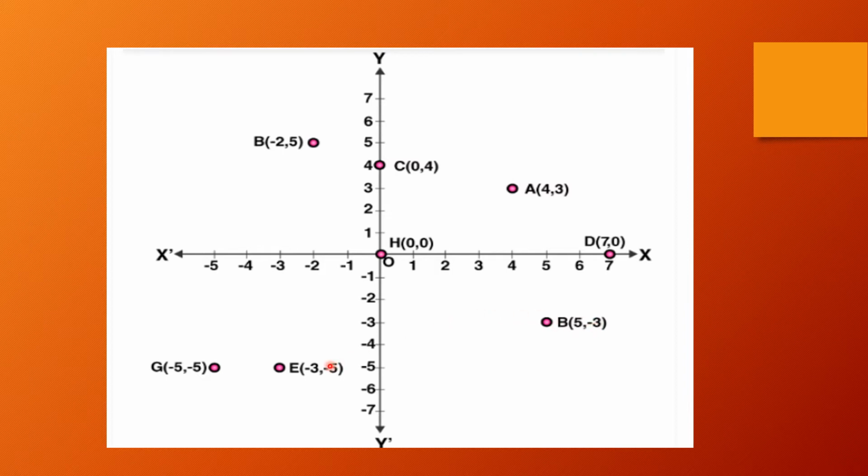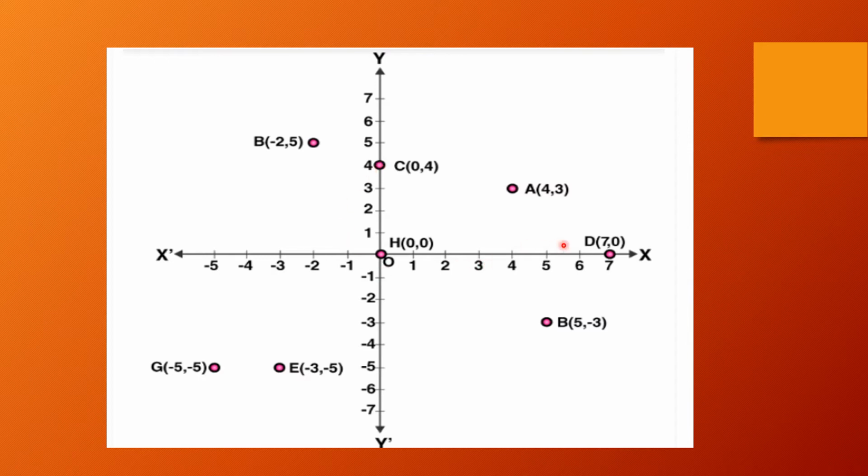Now C of (0, 4). So x is 0. On the y-axis, x is always 0, wherever it is. On the x-axis, y is always 0. Now it is 0 over here, 4 units, that is plus 4 units. So take 4 units along the y-axis, and there is no x value, so it will intersect at C (0, 4).